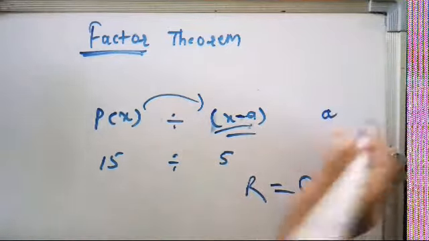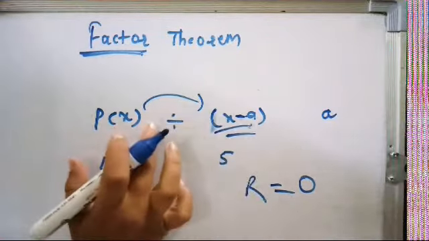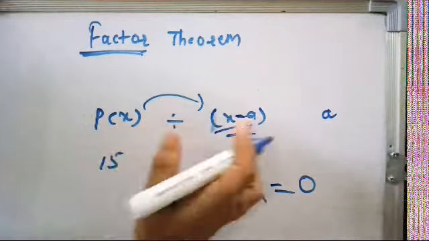What is that? a. When you divide p of x by its opposite, as we saw earlier in the remainder theorem, p of the opposite is a. So what do you get? You get its remainder. Here how much remainder are you getting? 0. So by the factor theorem, directly what can you write? That p of a, after substituting this value, p of a is equal to 0. So this is the remainder factor theorem that you have to just keep in your mind.